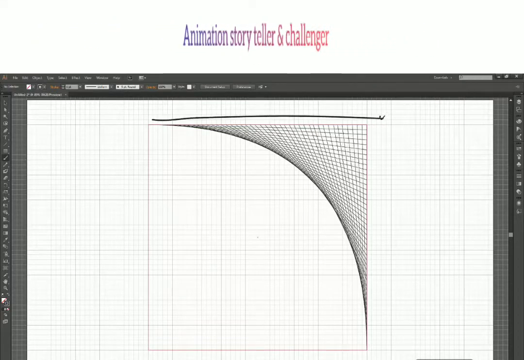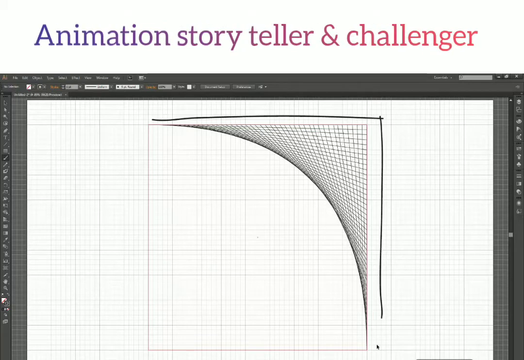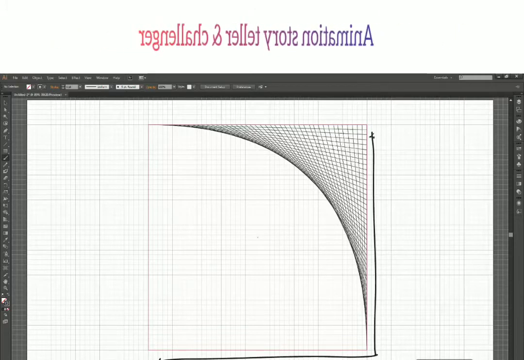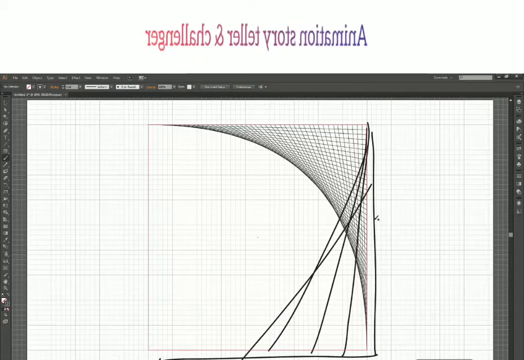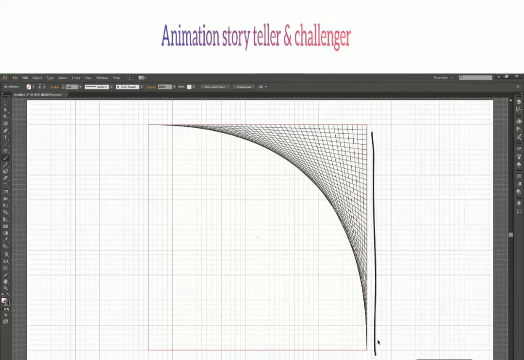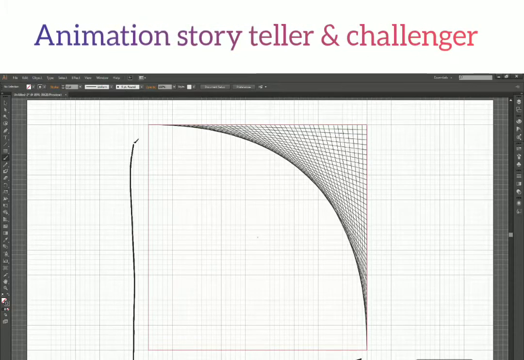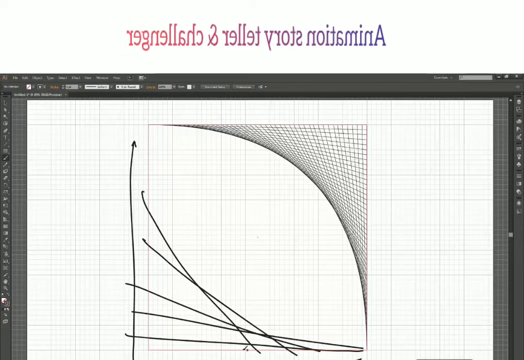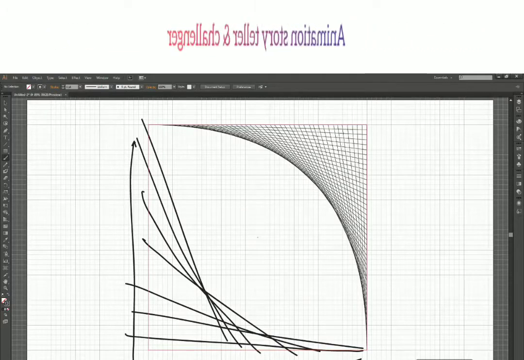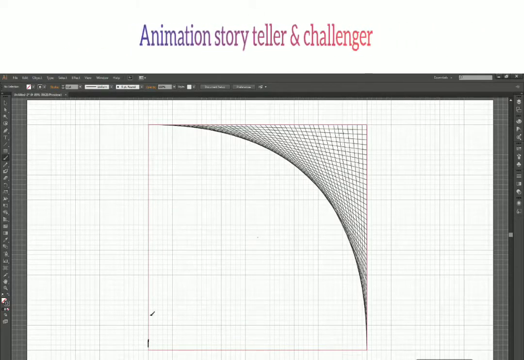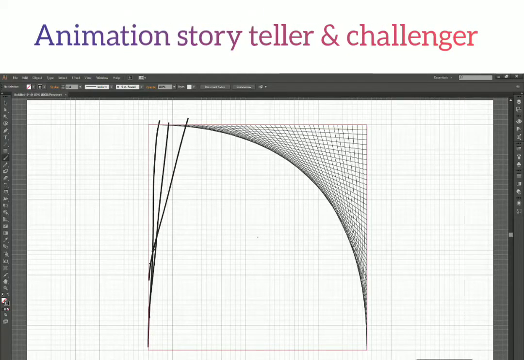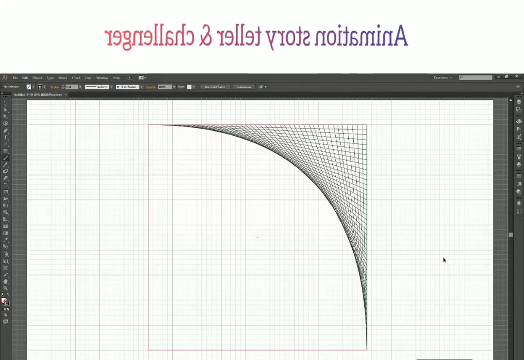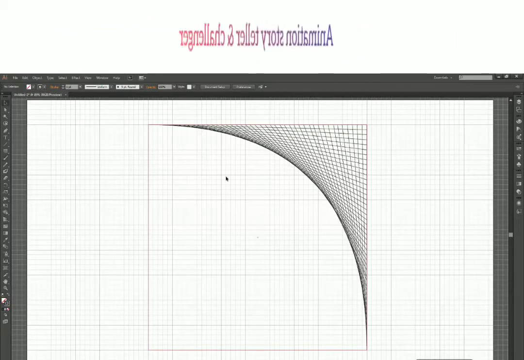So right now we have covered this segment. What next has to be done is cover this one. So you start drawing lines from here and go all the way to this one, and then do the same process for this segment. Start drawing from here and go up all the way to the top right, top left, and again for this one you start from here and go all the way to the right. All right, so the other way we can do is, instead of drawing so many lines,